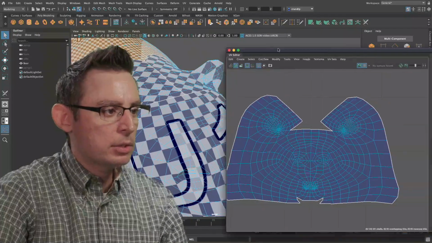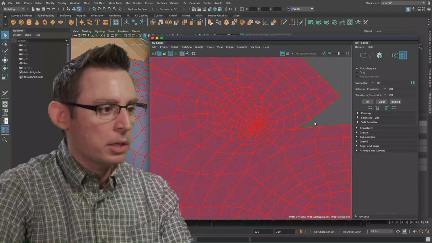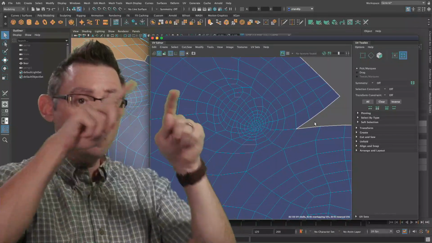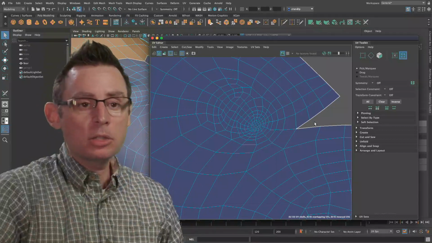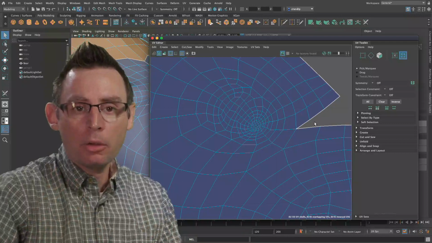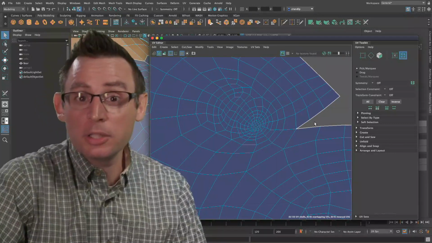So let's talk about solutions to this decision. Do we want to have the ears be their own polygonal island? Maybe. We could certainly do that. We could mark 3D Cut and Sew just right around the ears, pop them out into their own shape. That might solve some of the distortions themselves. Do we care about the distortions in that area?